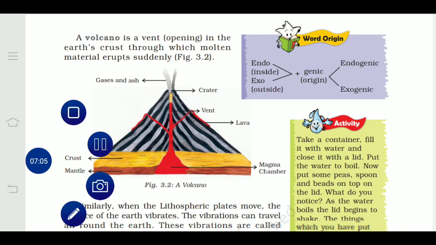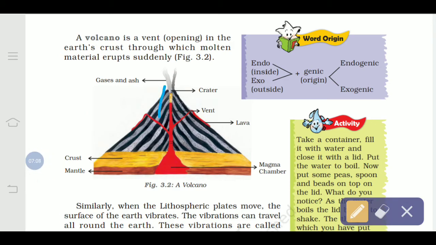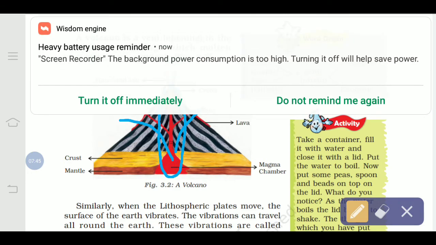So where can you most probably see the vent? This is the central portion of the mountain. This is called the vent, where the magma comes out on the surface of the mountain. It is not necessary that the vent should be in the center only. Its exterior portion could be on the side of the mountain also. It can erupt from the side also. But most probably there is one vent which starts in the center. So here you can see in figure 3.2.